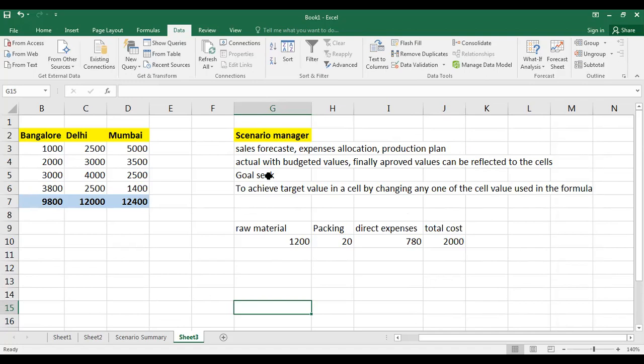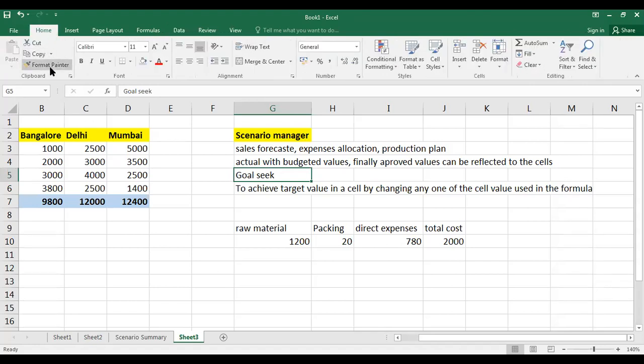Okay, it's a very simple question. For this, the answer is: in the Home tab, I have format painter. From one cell, I can pick up the format, then I can apply it to another cell. This is called format painter. The other way, you can copy and paste only the formats from one cell to another cell.